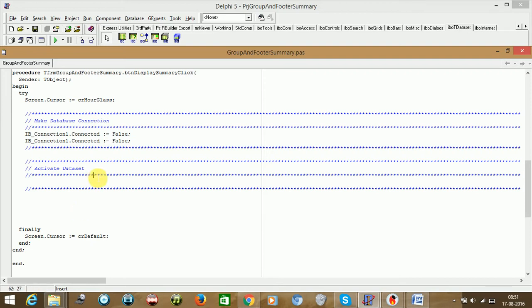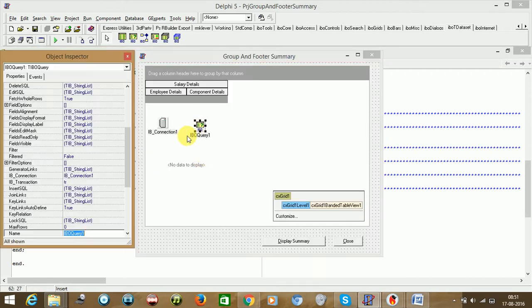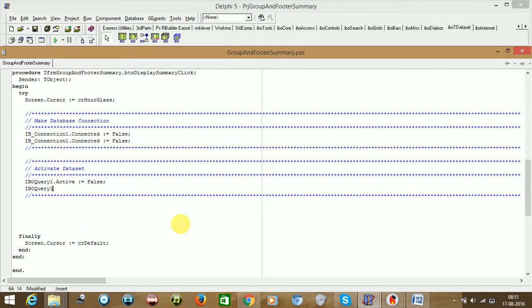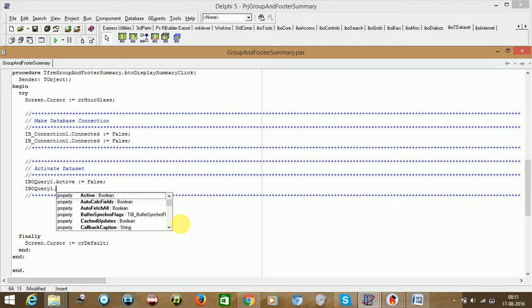Now take the query component name and just say Active is equal to false, dot Prepared.